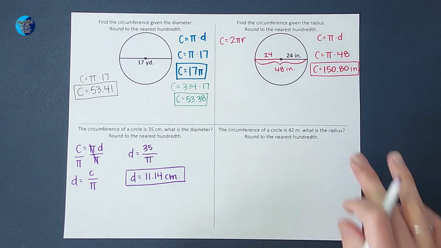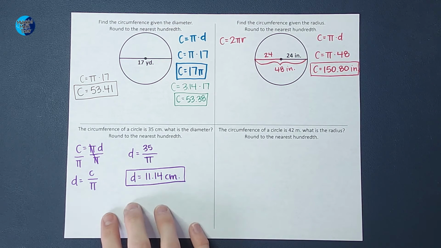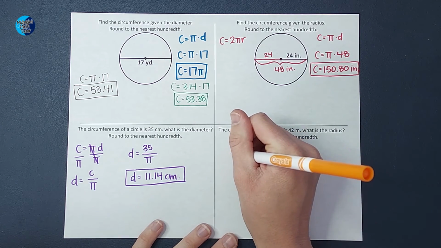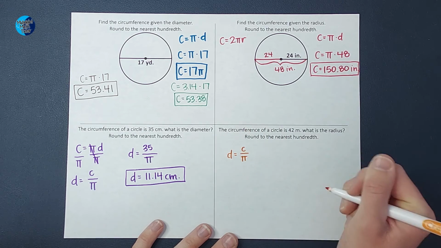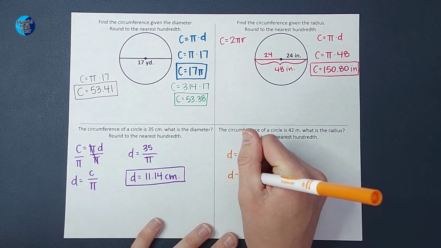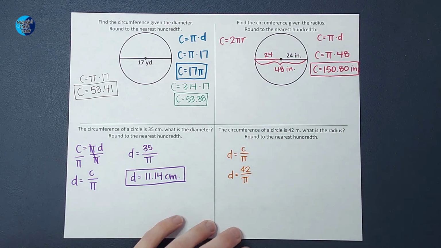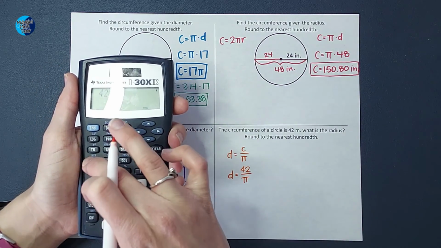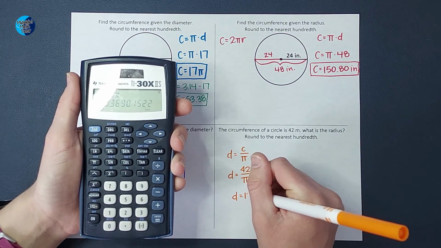Okay, last one, we're looking for the radius. So what we can do is just solve it the same way, right? Find my diameter and then divide it in half, and that'll give me the radius. Okay, so my diameter equals the circumference over pi. So my diameter equals, the circumference is 42 divided by pi. Okay, so we take 42, divide it by pi, and we get that my diameter is